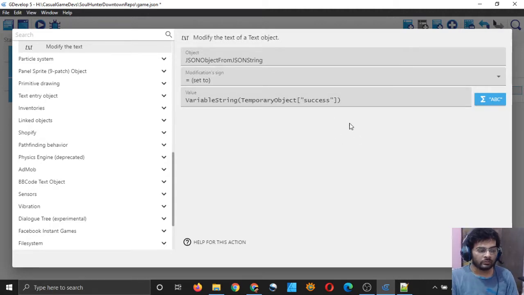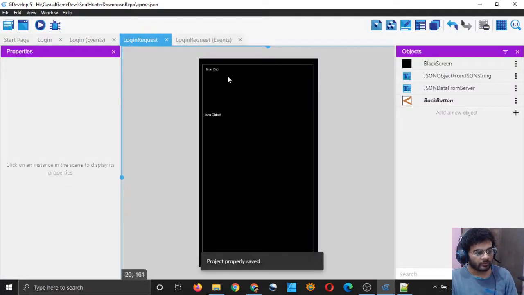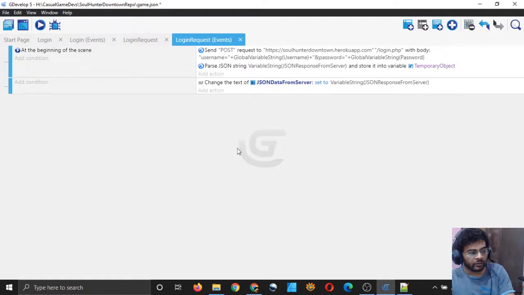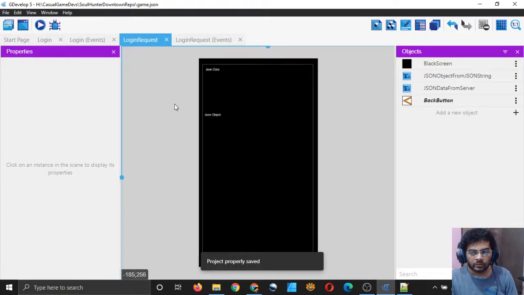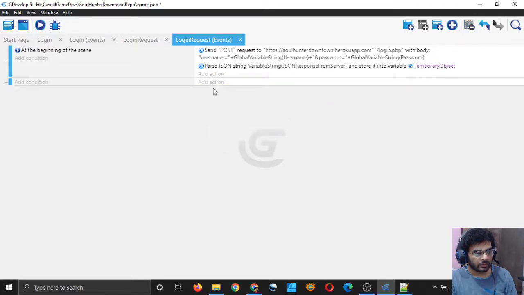So it's working, right? So I don't need this line, I don't need to display this. I was doing it just to test what's happening. So I will simply delete it, and I want to parse, so that will be there. And now we'll check if the value of success was true or not. I don't want to display the JSON data either, so I will delete it.